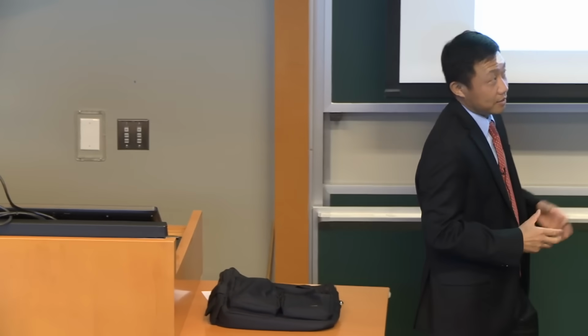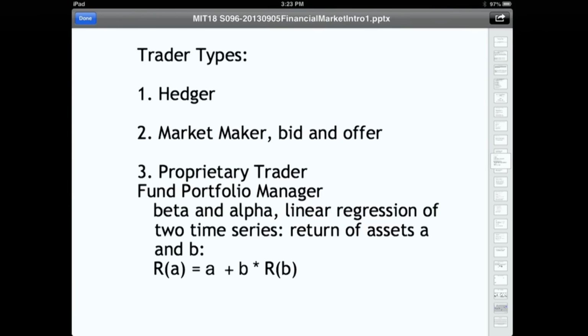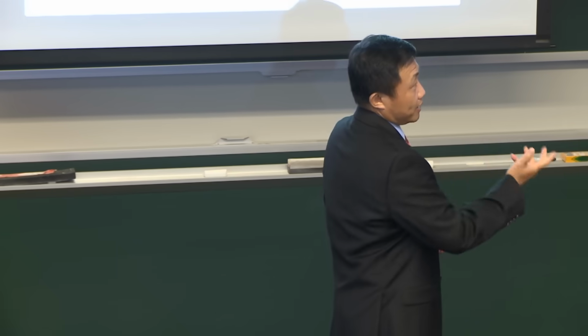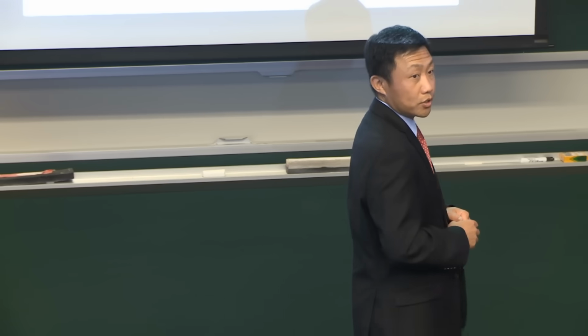So to summarize the types of trading, the first type is really just hedging. That means you're not proactively adding risk to what you have. You already have some exposure. Let me just give you an example. Let's say you borrow money, you bought a house, so you have a mortgage, and let's say it's floating rate mortgage payments, and you're worried about the interest rate going higher, right? So you can lock that rate into a fixed rate format, or you can find ways to hedge your exposure,